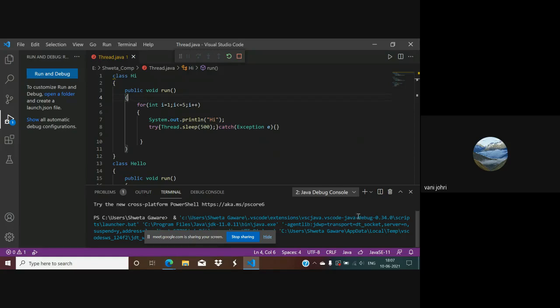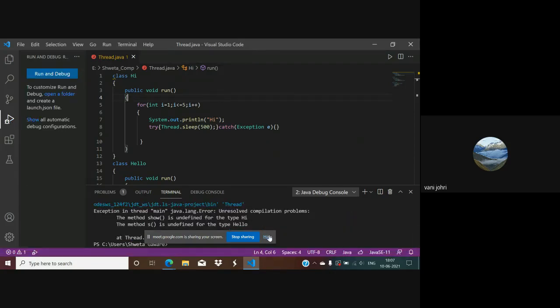Just hide this stop sharing thing. Yes. Exception in thread main, unresolved compilation problem: the method show is undefined for the type Hi. So you have a main method? The method show is undefined for the type Hello. Shwetam, you do have a main file.